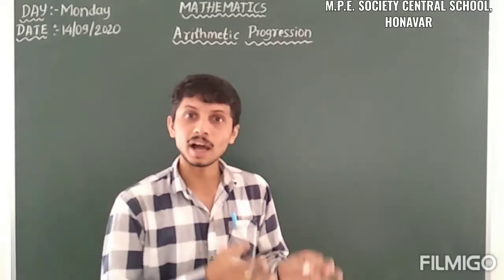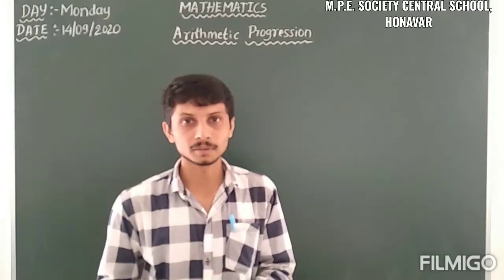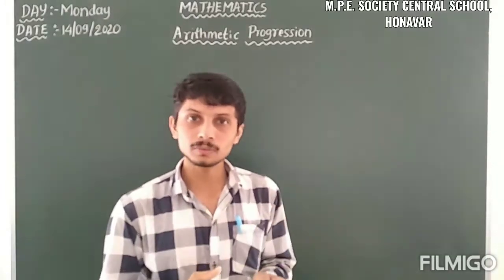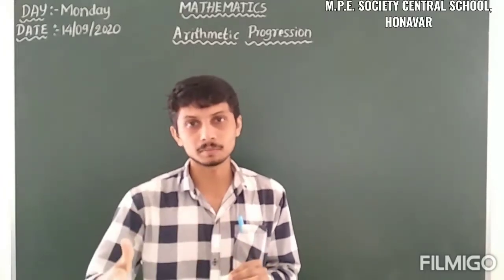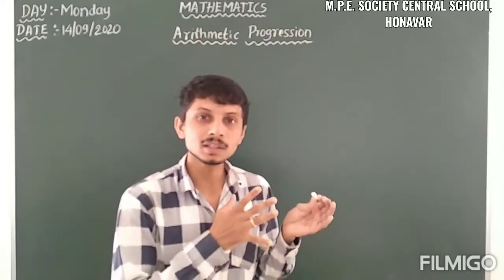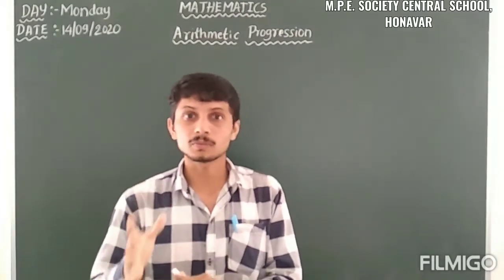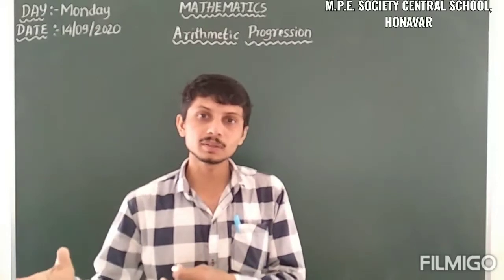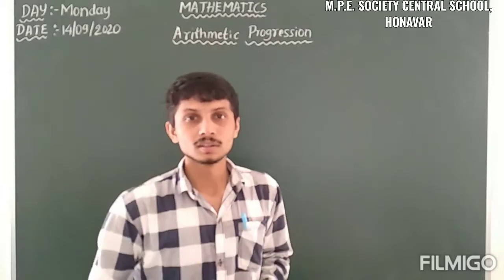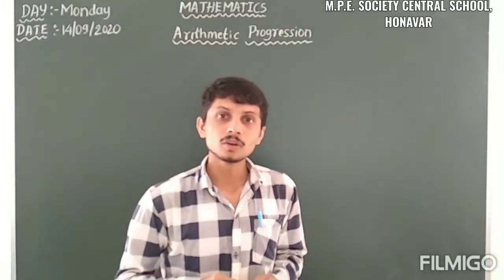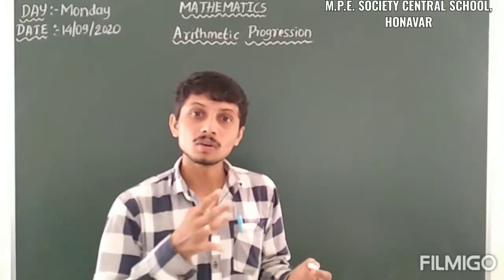In the last class I explained that the standard form is A1, A2, A3, A4 like that. But there is no uniqueness, that means they are all different numbers. According to the definition of arithmetic progression, in this form of A1, A2, A3, A4 there is no uniqueness and that does not hold good for the definition. So let us convert that standard form into the original standard form.